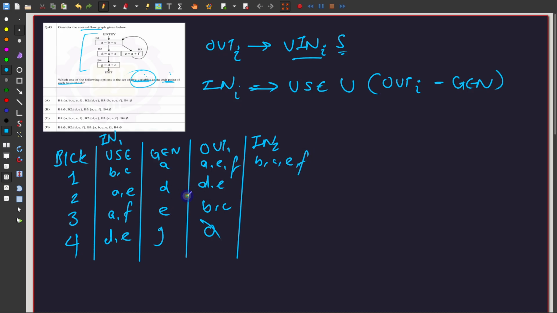Okay, amazing. Then DE minus D is E, and then E union AE is AE. BC minus E is BC, BC union AF is ABCF. Phi minus G is phi, phi union DE is DE. That's basically it. So this whole thing actually gets very easy and quick mechanically when you're doing it on a